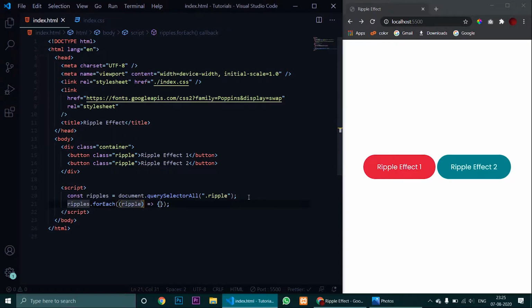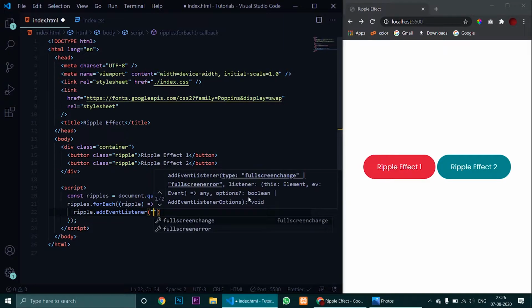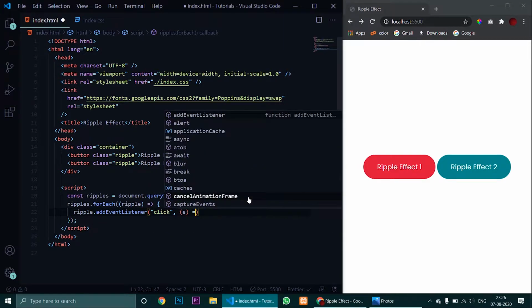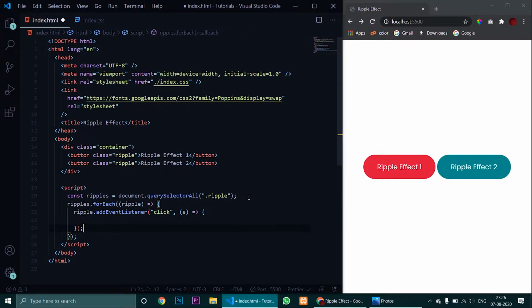Yeah, now let's add an event listener, so whenever anyone clicks on them, this function will run. We also pass the event as the argument, and we will come to know about it later.